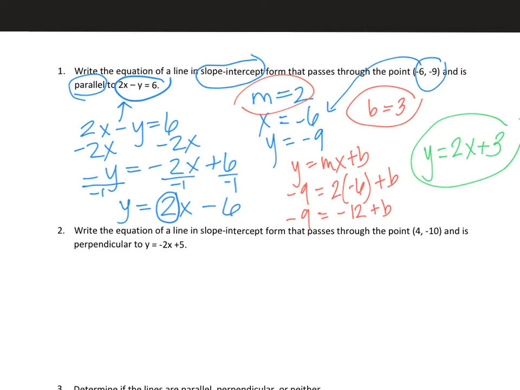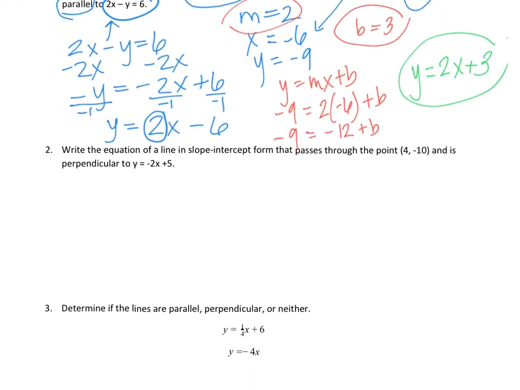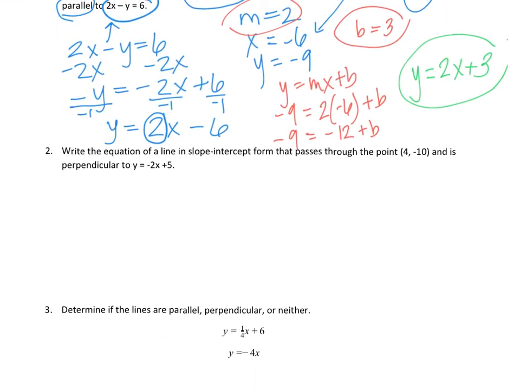Okay, let's go ahead and do the next one. This one is going to be a similar process, however it's dealing with a line that's perpendicular. So let's circle the important information. We want the equation of a line in slope-intercept form that passes through this point and is perpendicular to this line. The line that they give us is already in slope-intercept form, but since we're talking about something that